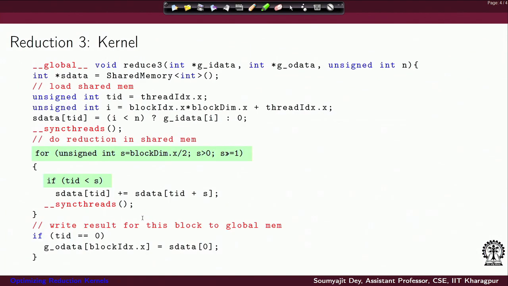That means, after loading all the data from global memory to shared memory in every launch of the kernel, only half of the threads get inside the actual loop. This is the code that every thread executes, apart from computing the global ID using the block dimension, block ID and thread IDs. Here we are just loading from global memory to shared memory, and after that immediately only half of the threads are active inside the loop.